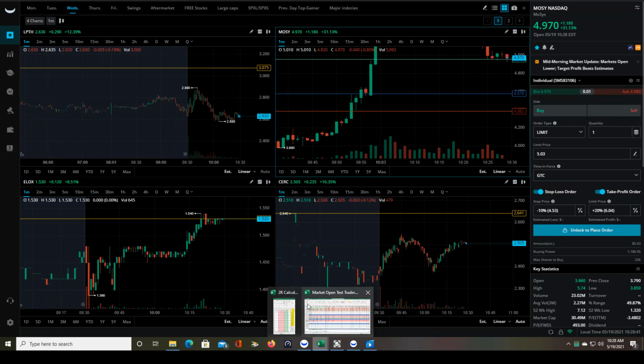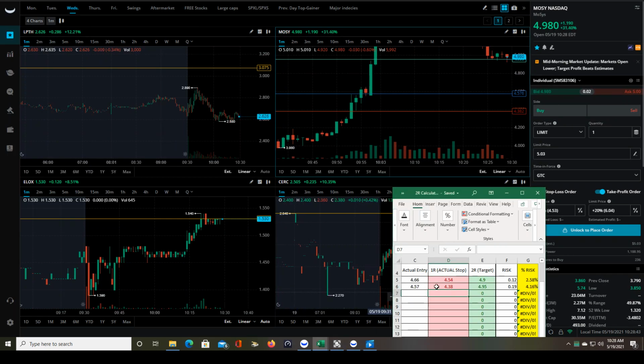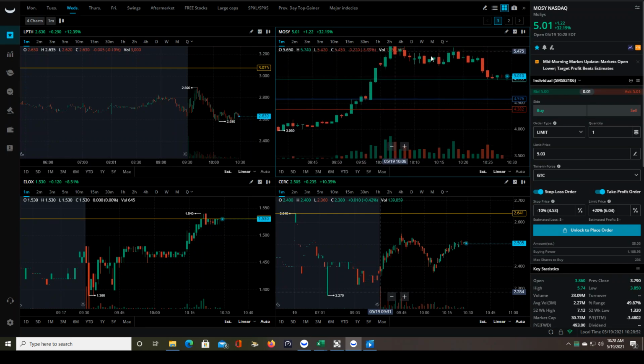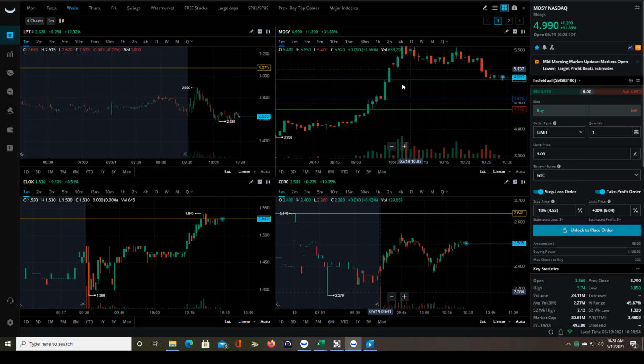So I typed that into the 2-hour calculator over here actually, and my profit target would have been 4.95. The risk would have been 4.16%. Here's the profit target right there. It would have been hit, and it did go a little bit further than that. So that would have been a successful trade, but this is really where you need to be careful trading stocks